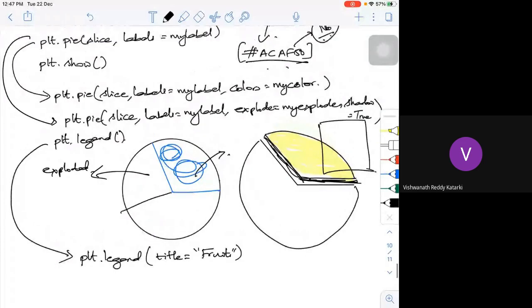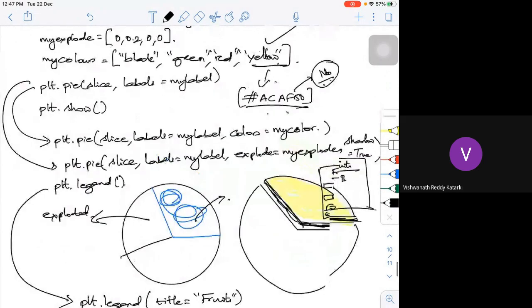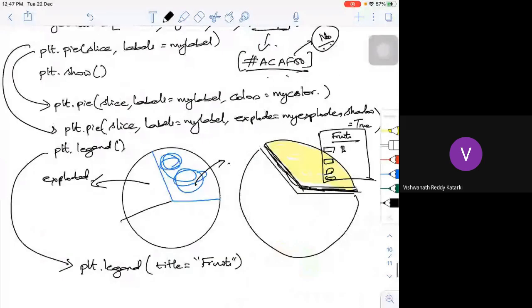The moment you define it, I am going to get the title in the legend as fruits, then I am going to get 4 colors with banana, orange, kiwi, mango. Whatever I define will come.